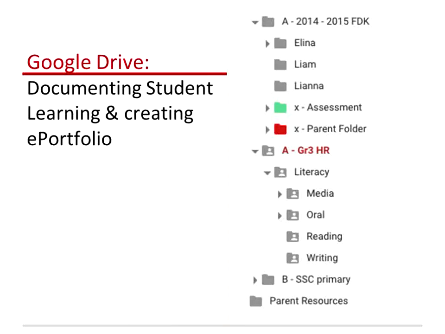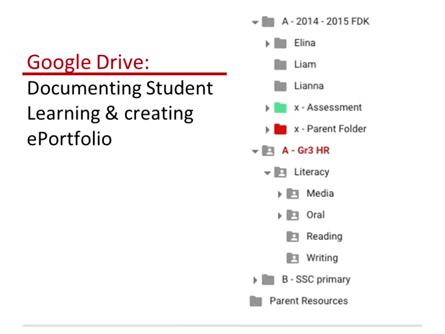I have a sample screenshot. This is from an FDK classroom. It's a sample that I created and shared with teachers. So you have your main folder and then you can create subfolders. You notice how I only color-coded my assessment and parent folders. I did that on purpose because I found that I was going a little bit wild with all the coloring of the folders.